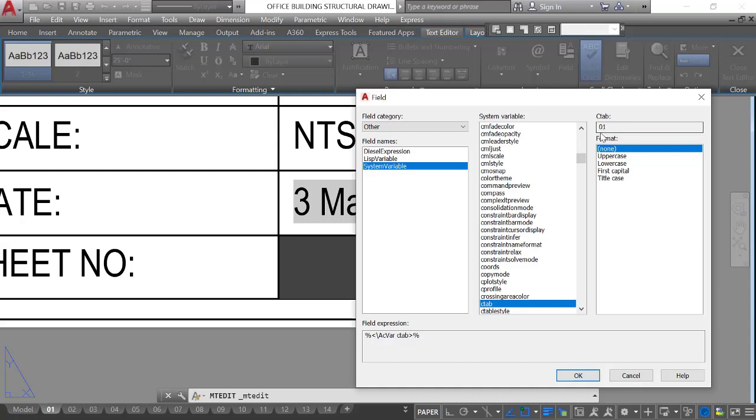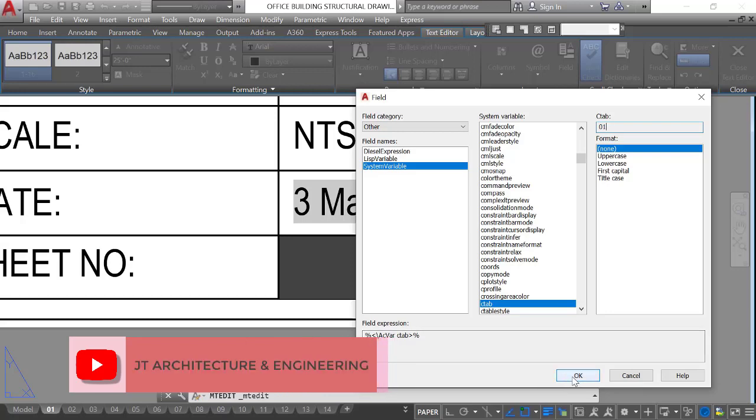We can see the 01 of the sheet number is matching with this. And press OK.